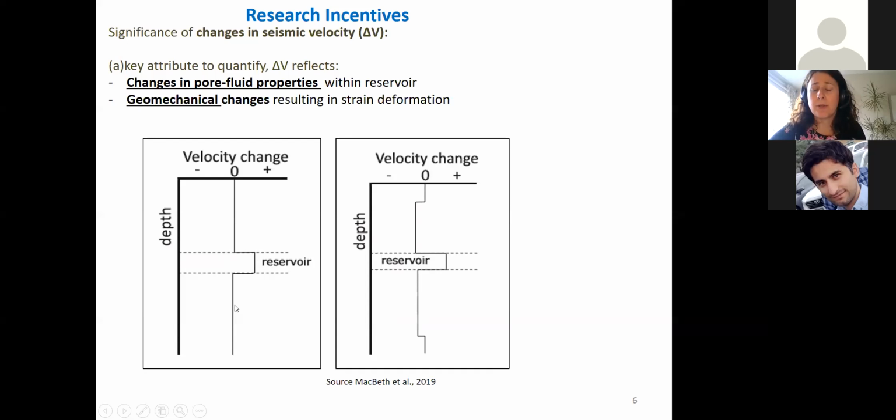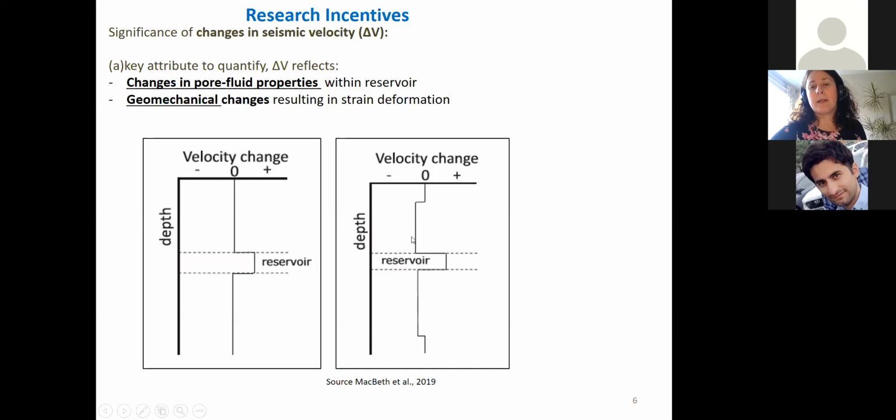the underburden. And on the right, you see the schematic velocity response from geomechanical changes resulting from reservoir compaction. So here your reservoir is compacting, and this leads to extension in both your overburden and your underburden. So just a note here that when we are